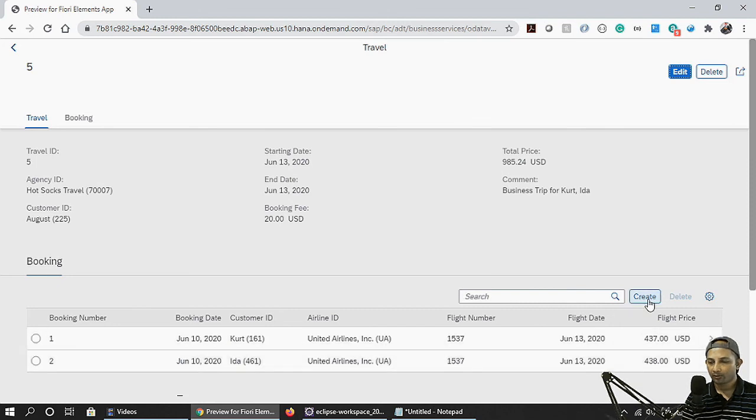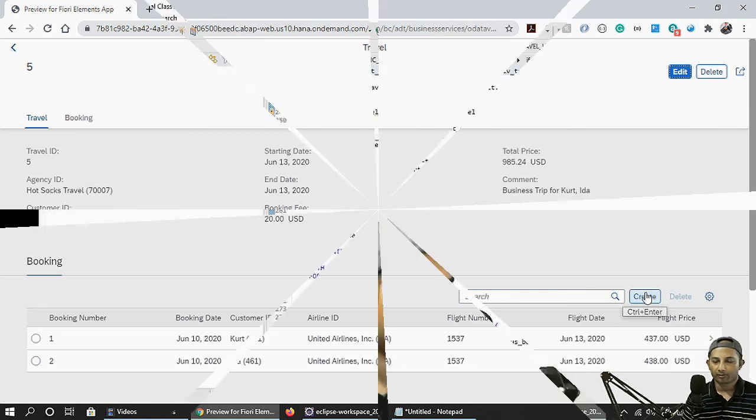So we have to handle this create button's enabling and disabling property in a similar way. The thing we have done for the travel header, in a similar way the booking create button has to be controlled. Okay, so a very small thing as an assignment. I hope you'll enjoy it if you really achieve it. At least I enjoyed.